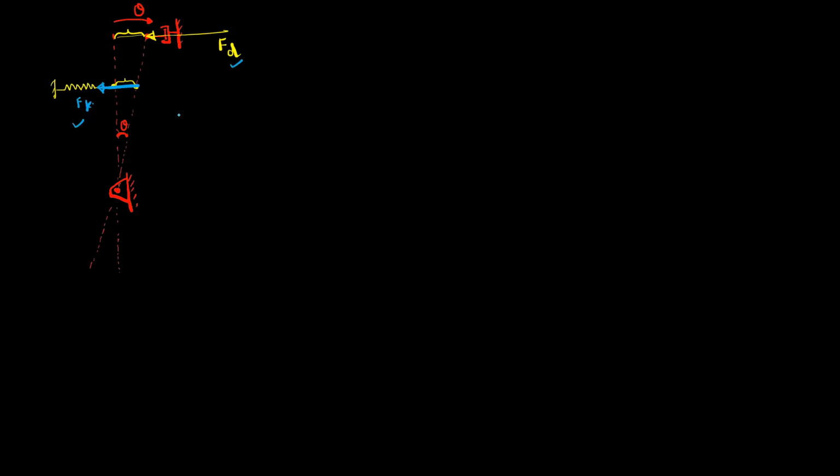And as the rod has the mass m, it will have the inertia. Now for the rod, this is the pivot point, and it is displaced in this direction, so it will just oscillate like a pendulum. This is the displaced position. So we can directly write down here the inertia torque vector, which is I theta double dot, in the same direction as the displacement theta. So I theta double dot is the inertia torque.